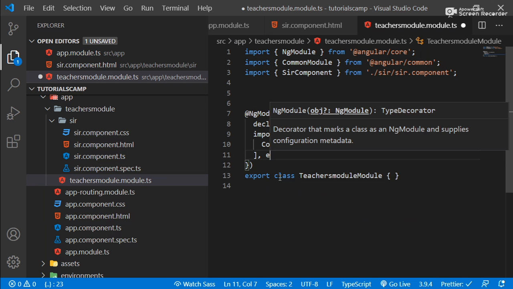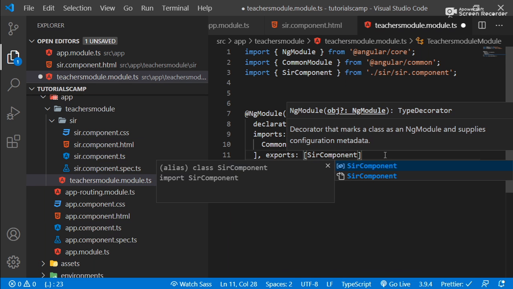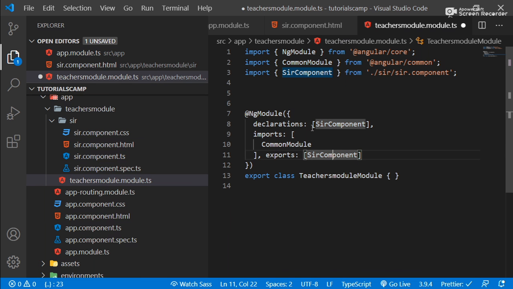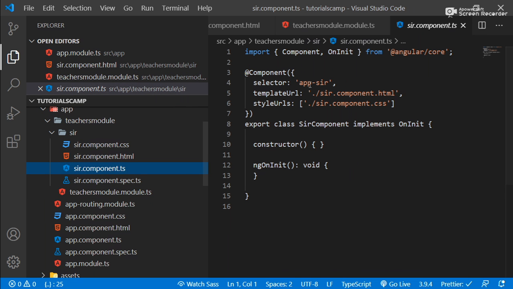So just go ahead and type exports, and then export the share component. So that's the share component. Okay, so go ahead, open the share component .ts file, and then you see this selector right here, right? Open it and then go to your